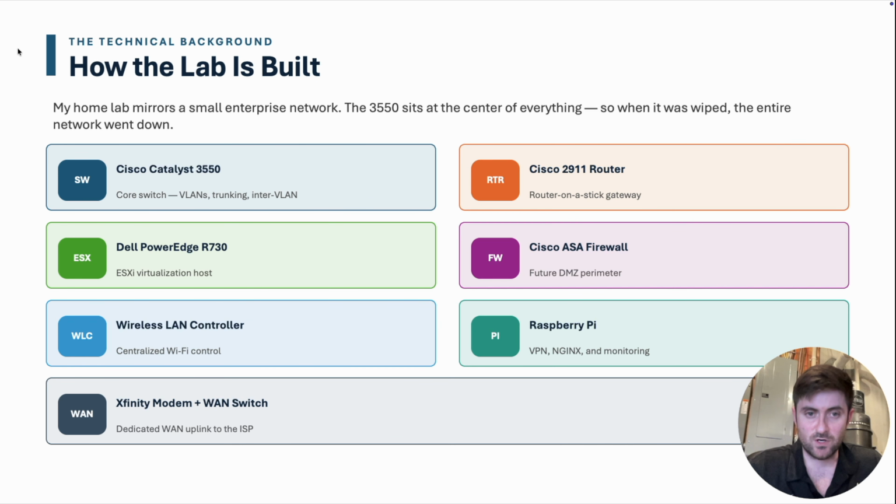So how we built the lab. Again, much like the diagram, my home lab is built to mirror a small enterprise network. So the 3550 sits at the center of everything, and so when it went down, everything went down. But I have the switch,